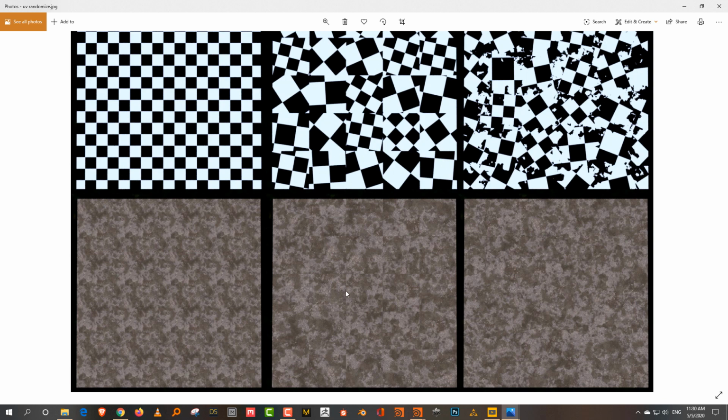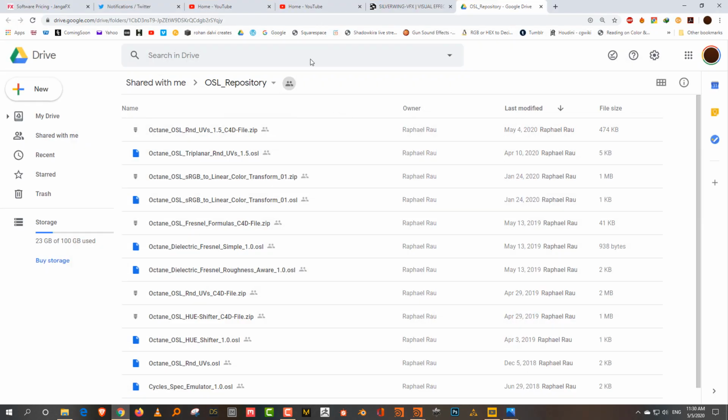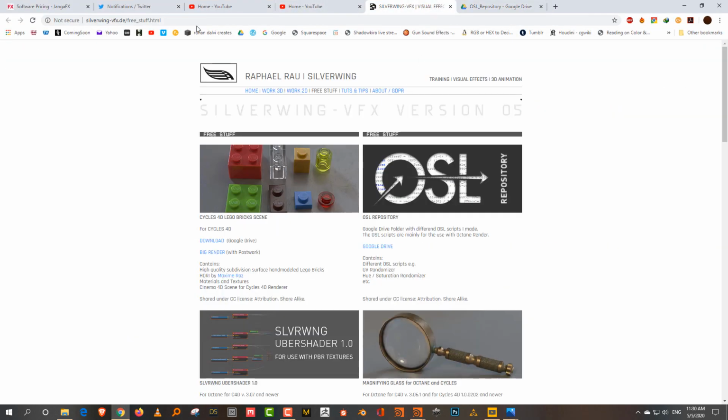Now, the map that you need is from a website called silverwing-vfx.de. The artist is Rafael Rao, and you'll find a link called OSL repository. I'll put this link down below in the description.